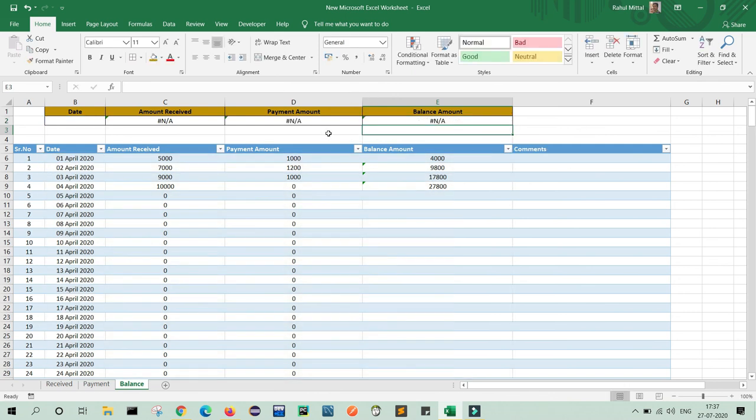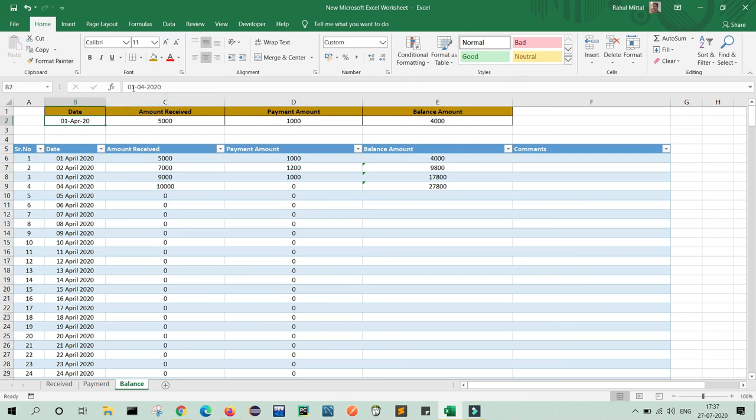Now here is my table created. Just to verify that it is working, I will write 01 April 2020. Here on 1st April my received amount is 5,000, my payment amount is 1,000 and overall balance is 4,000. Now you can see it is working as expected.